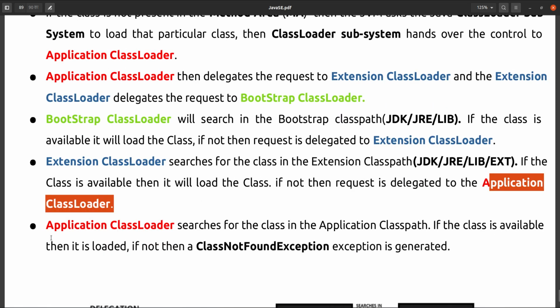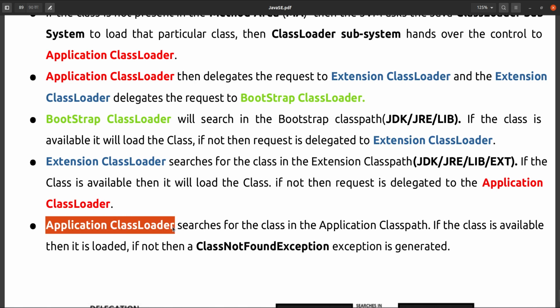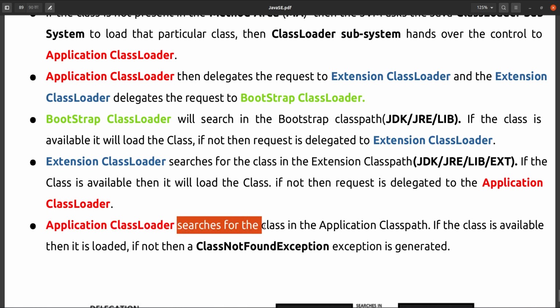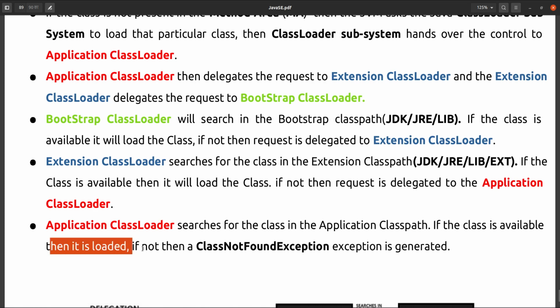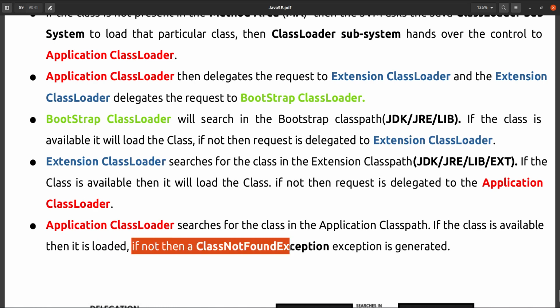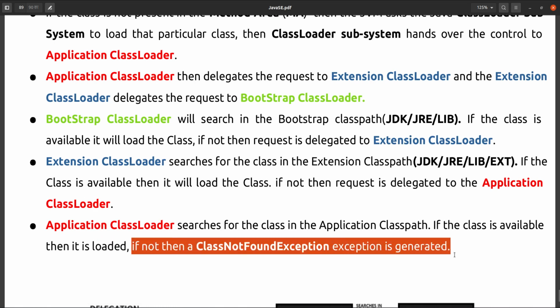And what will the application class loader do? It will search in your class path. We have already seen this one. So the application class loader will search the class in the application class path. If the class is available, then the application loader will load it. Otherwise, your application class loader will throw a class not found exception.